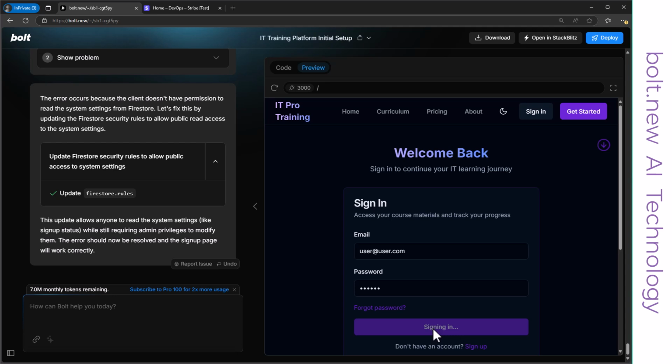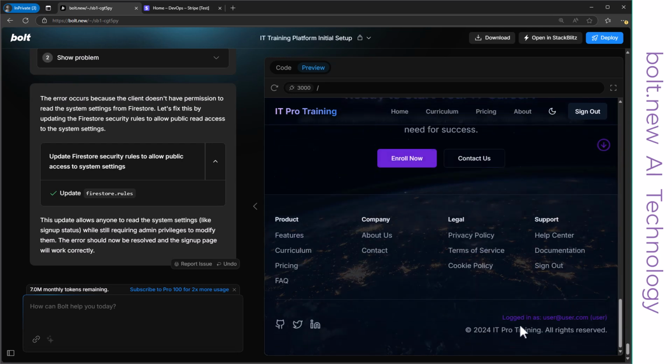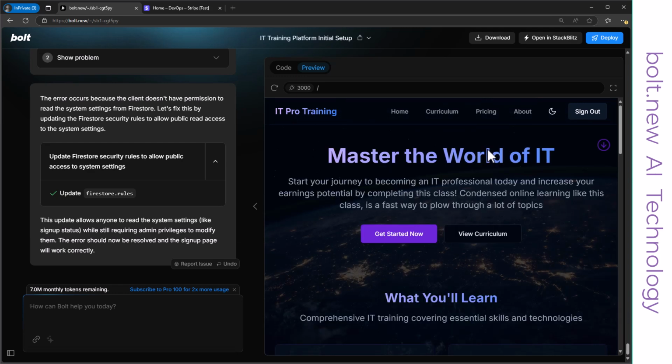There is a login success toast message. We have toast messages throughout the system when certain things are happening. And now if I go down to the bottom of the page, you can see that I'm logged in as this user, and it knows that there are different claims. So for an admin or a user, it's keeping track of that, and based on that it shows or hides certain content. And let's go ahead and click on curriculum,